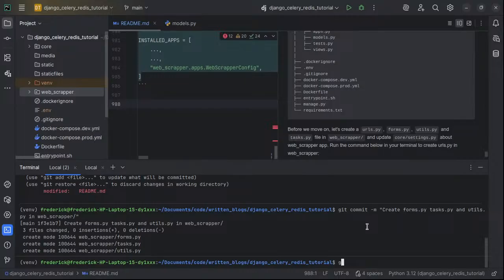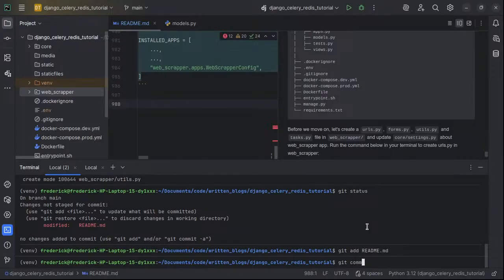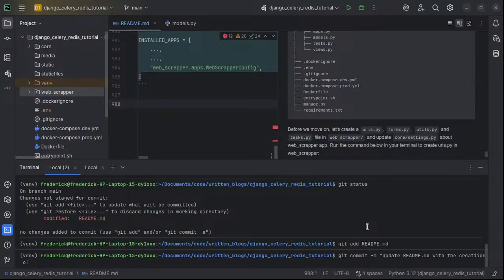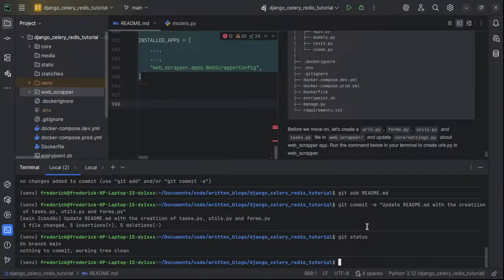Git add, git commit, updates readme.md with the creation of tags.py, utils.py, and forms.py. Git status. Alright, so now